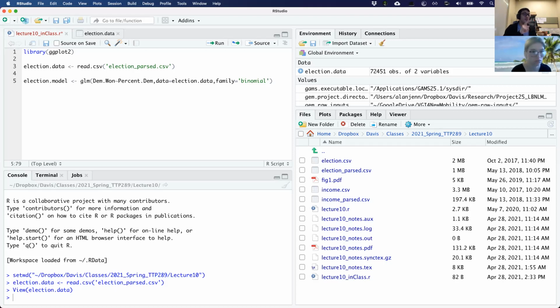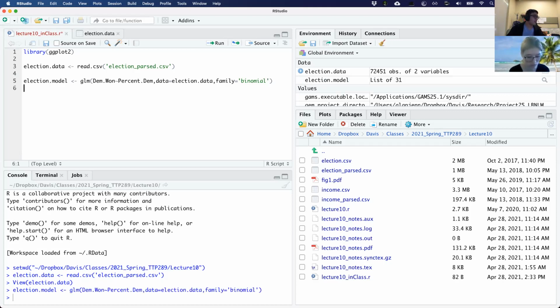And this is basically specifying the type of distribution and error term. In this type of model, we're looking at a binomial distribution, right, where you have two outcomes. So I will go ahead and run this.